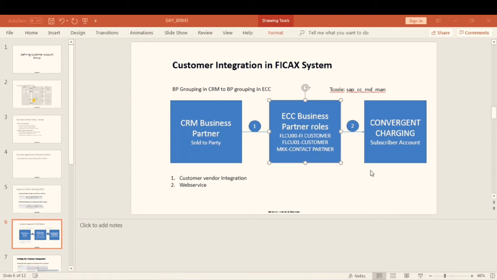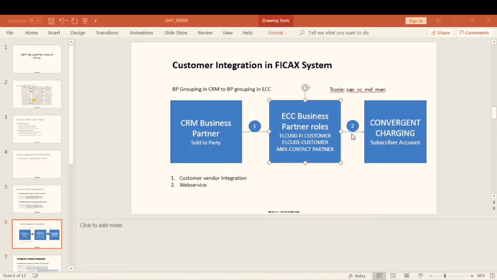We define that in PIDE settings, like which customers have to be sent from CRM to ECC, and we have the SMOIA transaction in CRM. If we go to the transaction, we can define what all has to be transferred from the CRM system: business agreements, business partners, service materials, physical materials. All these things can be defined in the SMOIA transaction. And in customer vendor integration, we can define the customization. Now I will show you that.